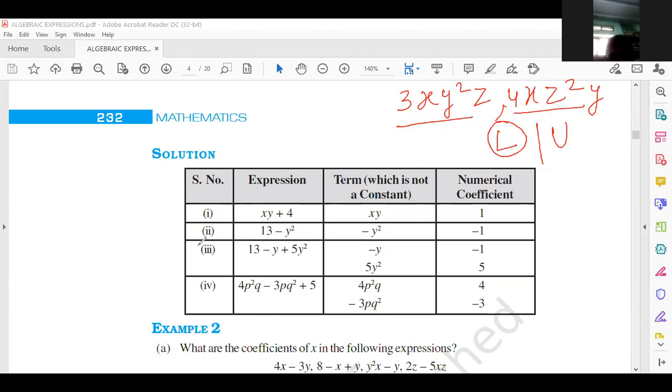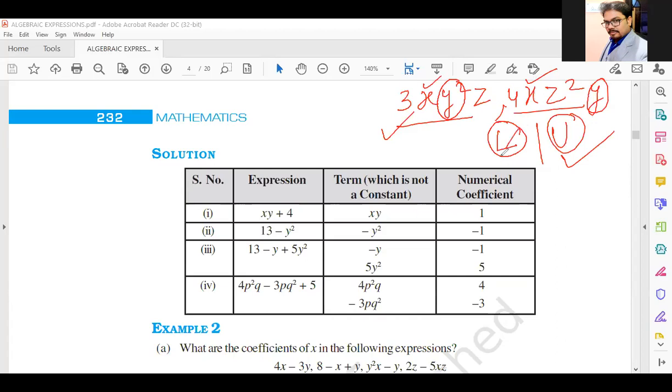Aryan Tamalwar, are these terms like or unlike? Unlike, because look, y power 2, y power 1. No need to check the other ones, because x is the same, no issue. Y power 2, y power 1, they will be unlike terms, not like.